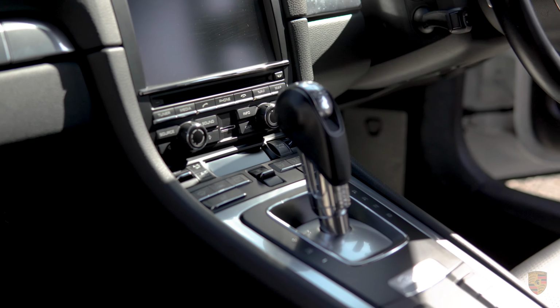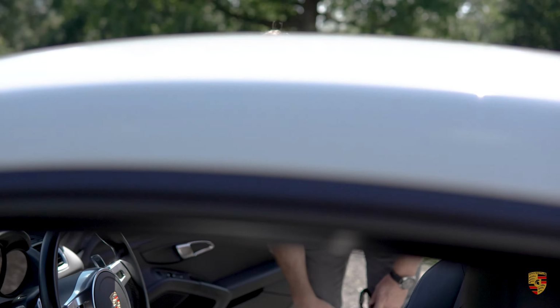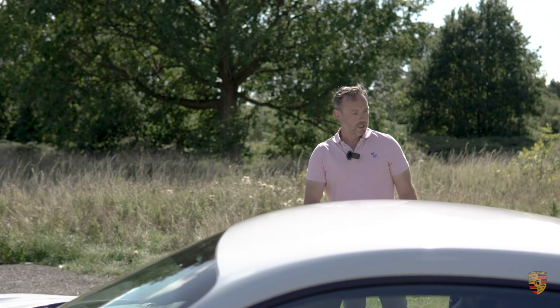You can just see from inside of the doors. We'll get some pictures of that. It's absolutely immaculate in there, been looked after exceptionally well. Tyres are all in great condition, brakes are in great condition,